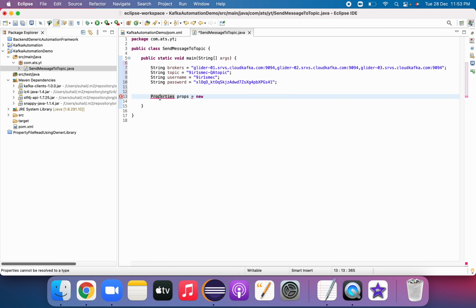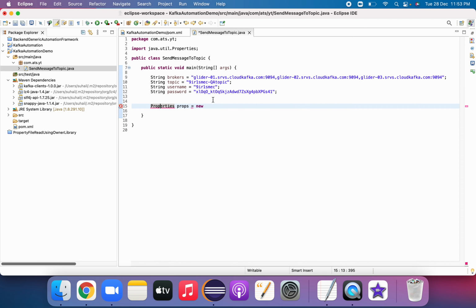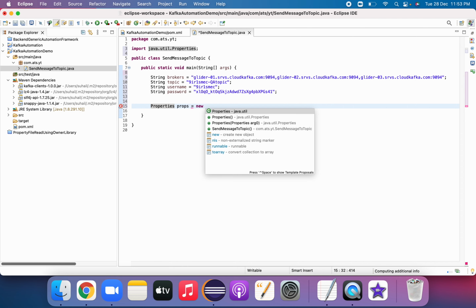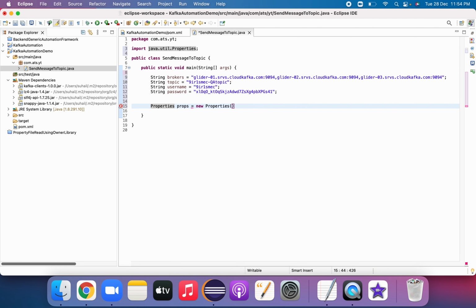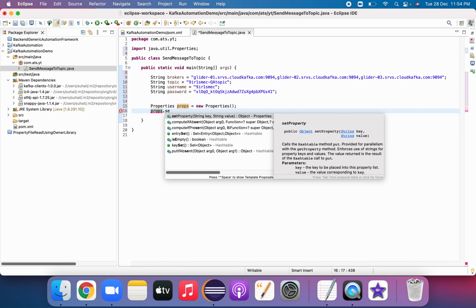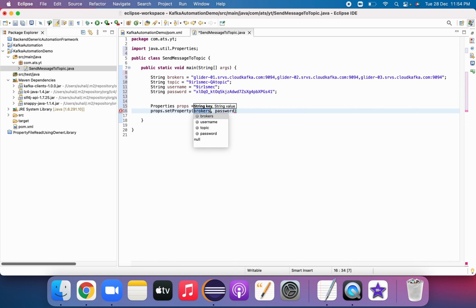Let's import this Properties class, and after that, props dot setProperty. We have to set certain properties in order to publish some message to the topic by connecting to Kafka. So let me set all the required properties here.